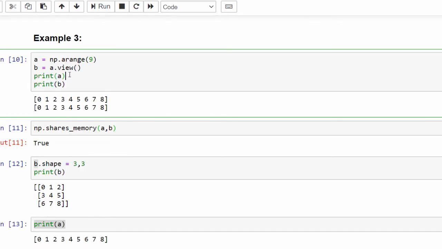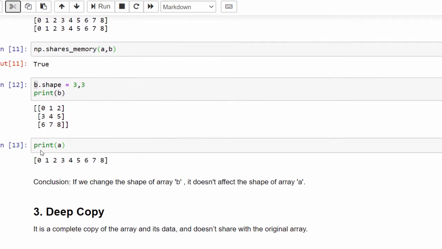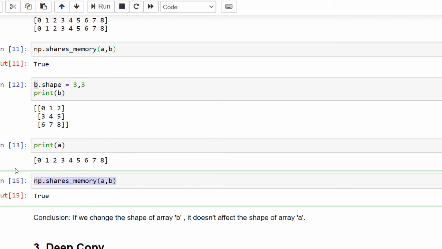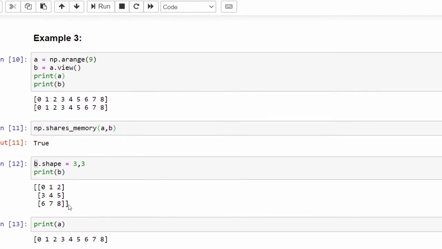The exact usage of this view method is, we have a big data set with multi-dimensional data. You want to try out some manipulation in that particular data set without affecting its originality. At that time, this simple view method will be very useful, just one line of code. So in shallow copy, if you check whether both share the same memory, yes, they share the same memory.